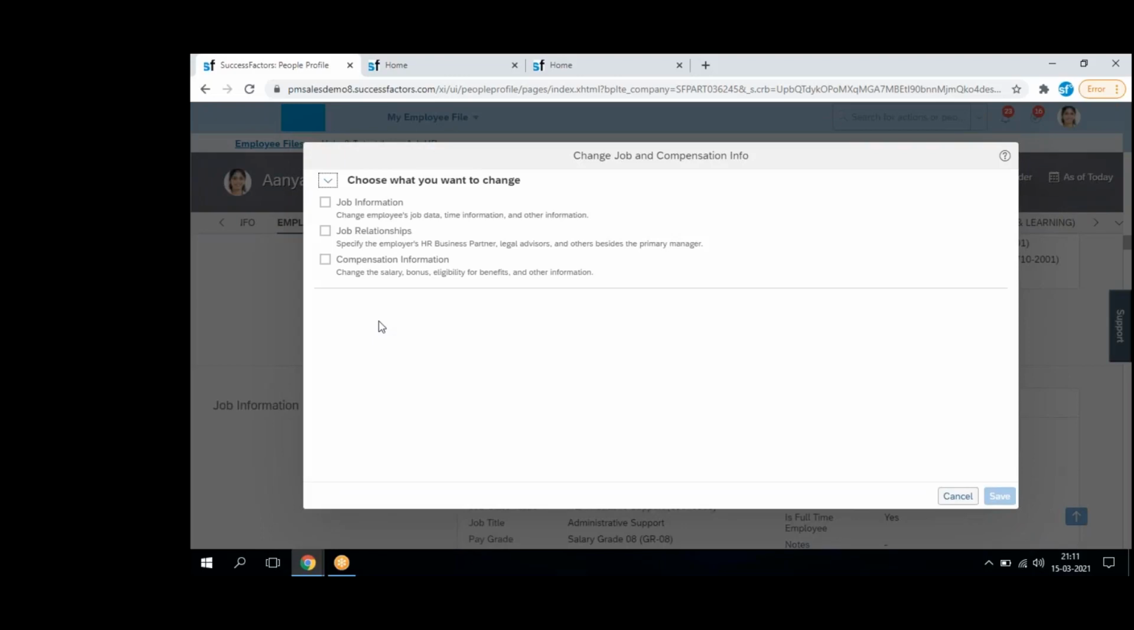Job details are the employee's position, department, location, reporting manager, pay grade, regular or temporary position, full-time or part-time position. Like this, you will have a lot of job-related details. Job relationships covers, apart from the reporting manager, any other relationships: HR manager, matrix manager, custom manager, and so on. And compensation is all about the salary details. In these three areas, anything you want to update, you are required to go through this